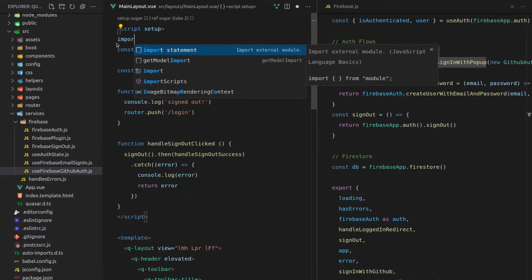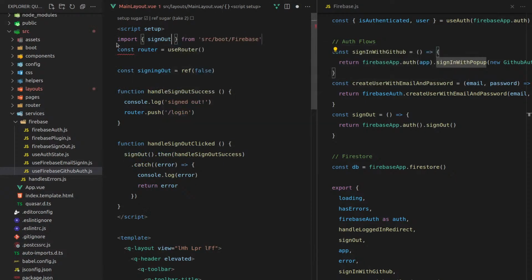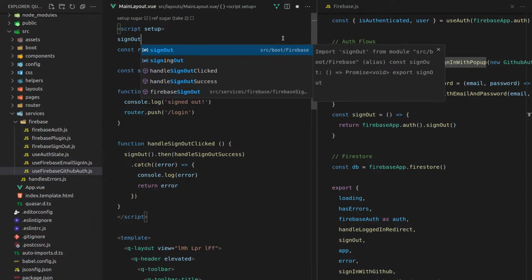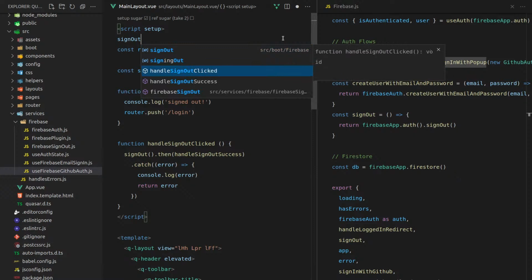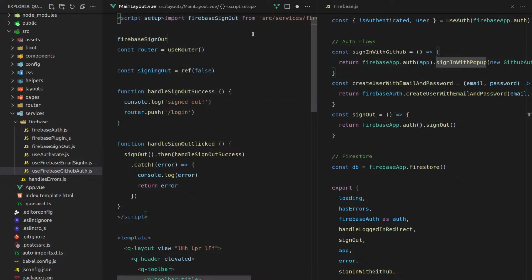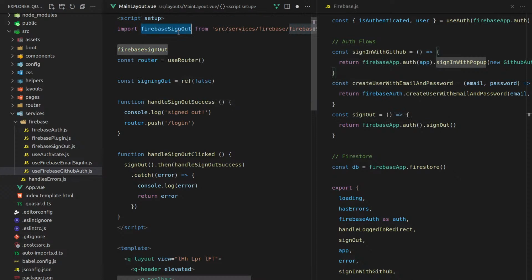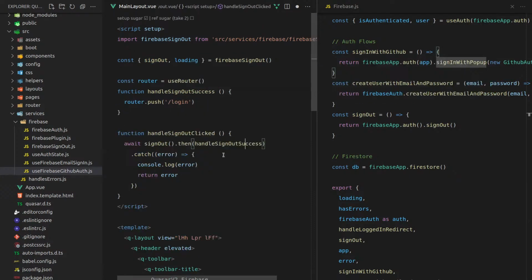So let's say import sign out. Oh, it's coming from the wrong spot. Try that again. Can I just do this? Import. Well, oh, okay, because you need to then call. Oh, I keep forgetting this. So then I need to say const signOut is equal to Firebase sign out called, and then we'll also pluck out of their error signOut. All the error handling is already done for us, so